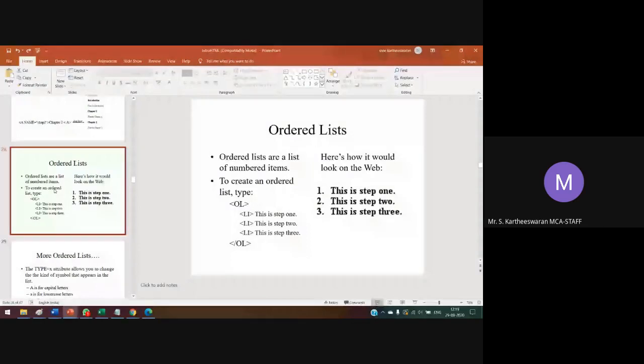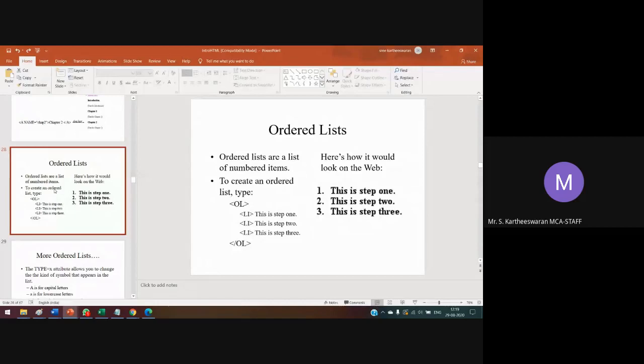An ordered list is a list of numbered items. Using the OL tag, we have to order the numbers 1, 2, 3. Using the LI tag, we list each element.